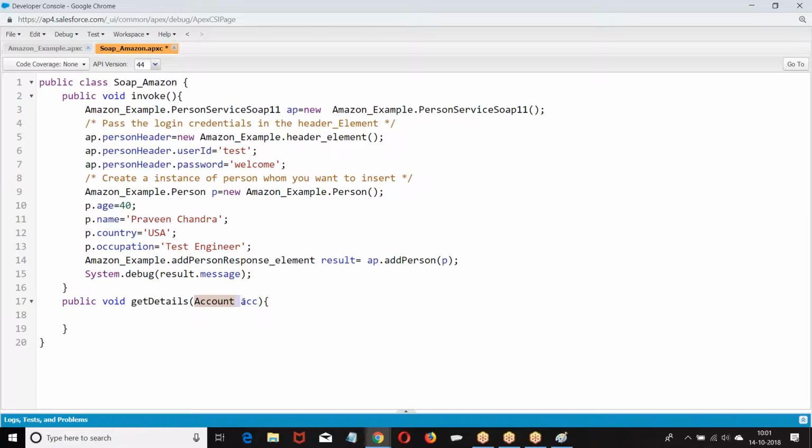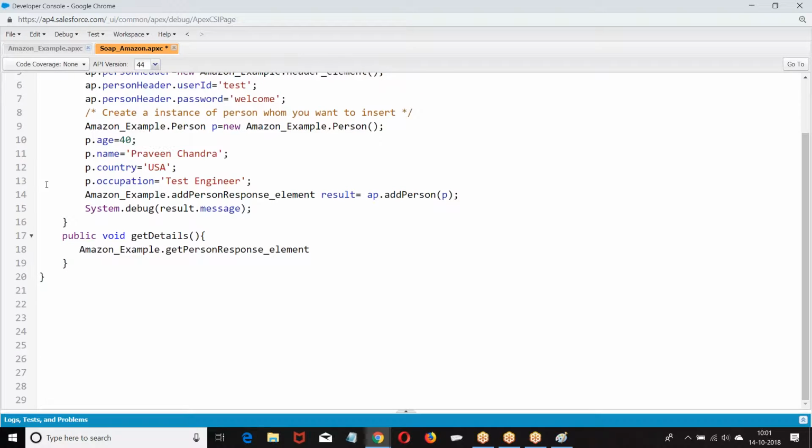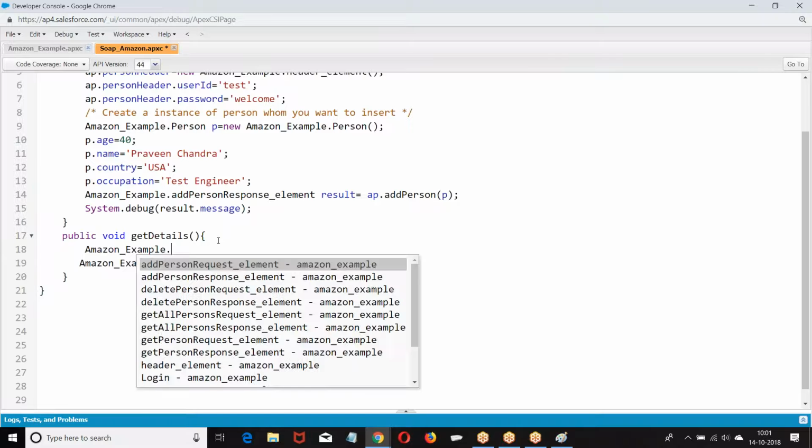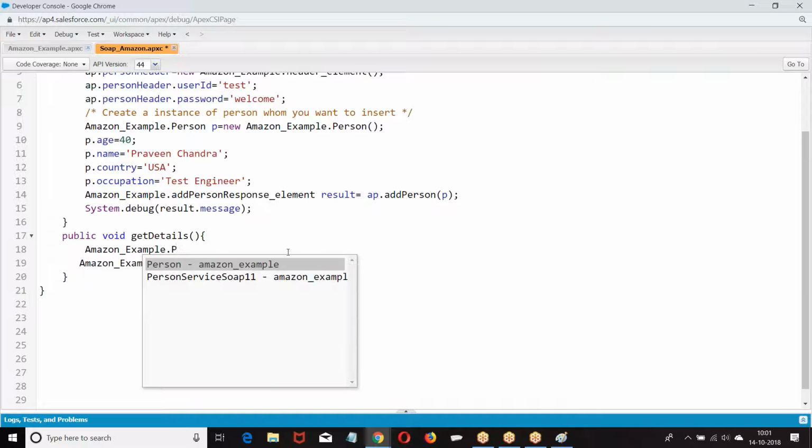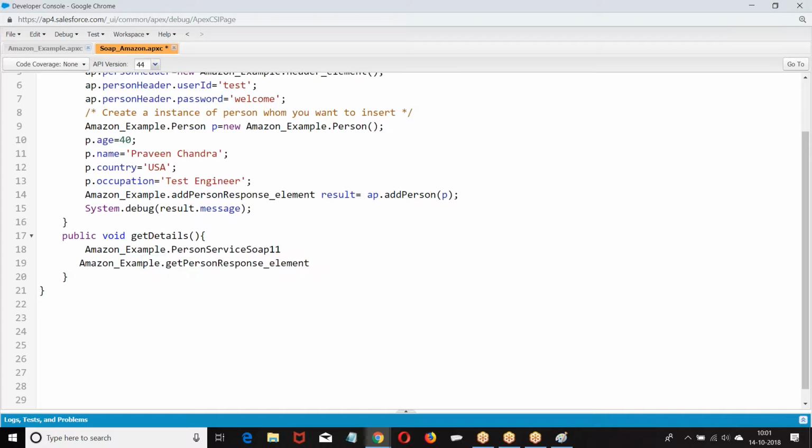Anybody has any query stuck up, let me know, I can explain it again. If anybody is finding it difficult, let me know, I can explain again. Sir, on the header element part, so we have the user credentials given there, like password. So is it mandatory or is it basic?